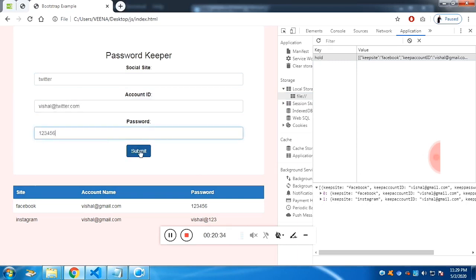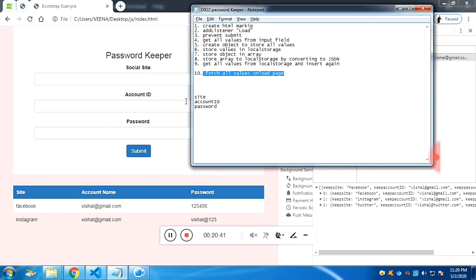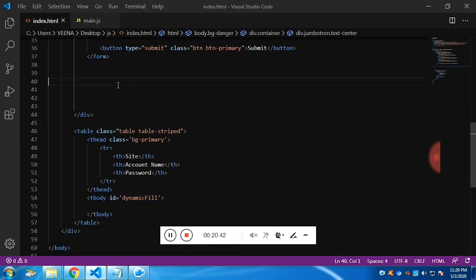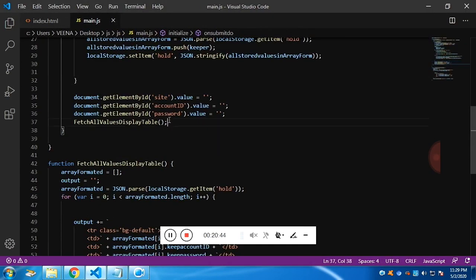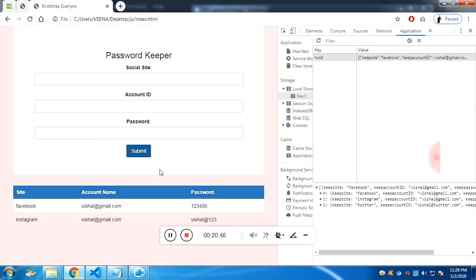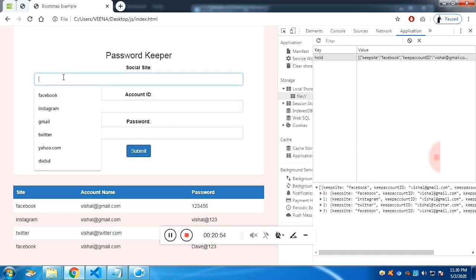If you click on submit, you can see the third value is added, but in the table row it's not added. Let's check why. I think I have not saved it. Let's refresh it. Yeah, on refreshing it shows. Let me type again some duplicate values. If you click on submit, you can see now the value is added once I click on submit.